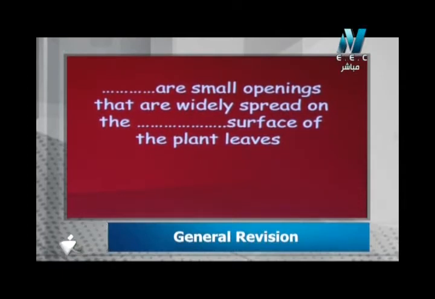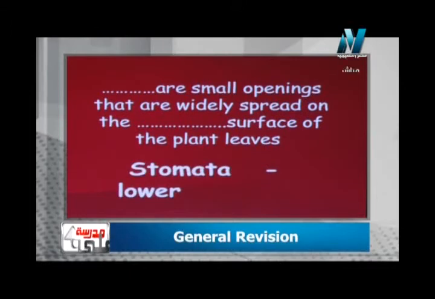Surely they will be the stomata. Stomata, أو الفتحات أو الثغور زي ما بنسميها باللغة العربية. They are small openings, هي فتحات صغيرة جدا موجودة على الأوراق and it's widespread. هي موجودة بشكل أكتر on the lower surface السطح السفلي لورقة النبات. So again stomata are small openings that are widely spread on the lower surface of the plant leaf and this